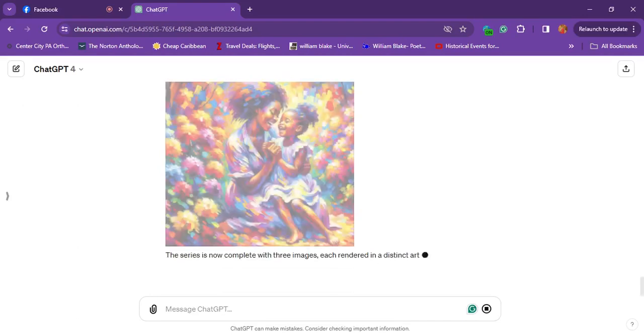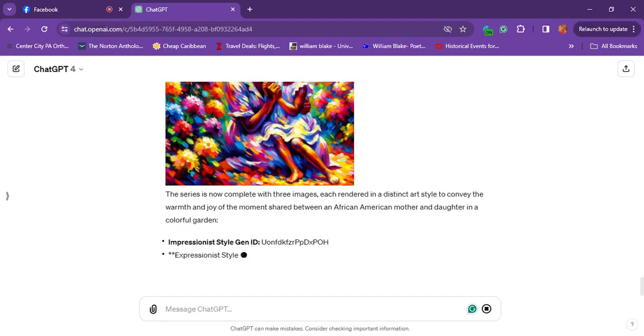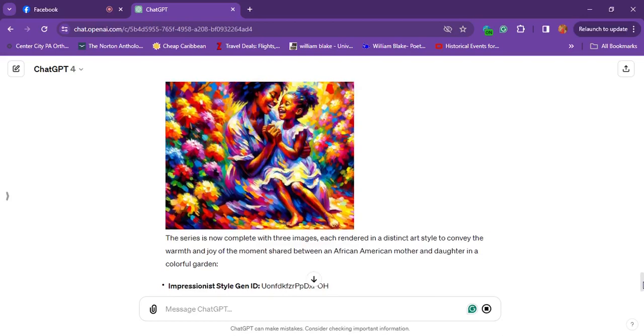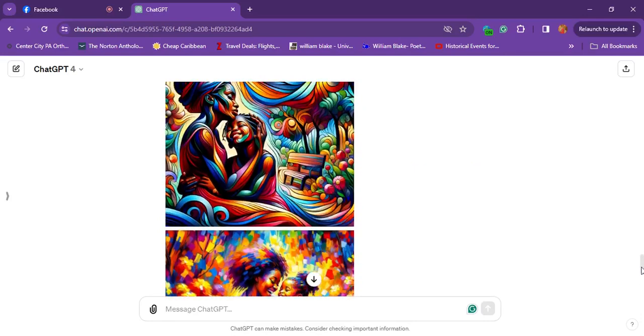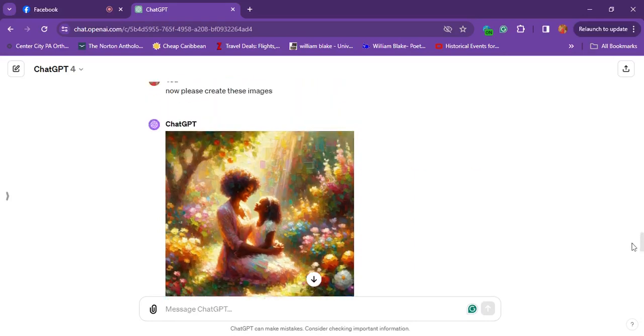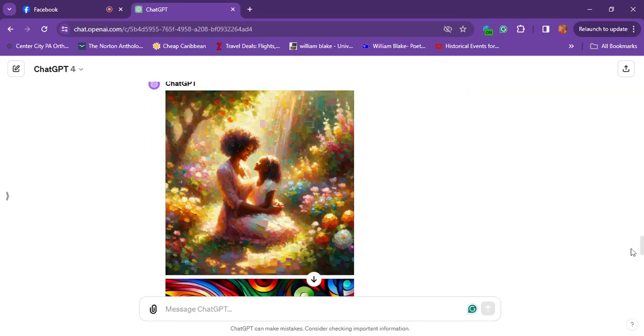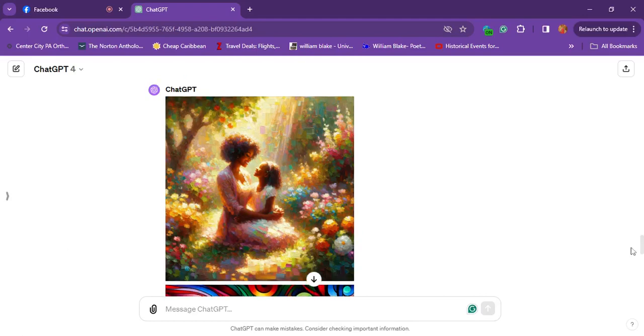And let's see what the third image is. Oh, these are all so precious. I love them. Now, the way my ChatGPT is set up, I prefer for it to give me my Gen IDs for my photos, just so I know where it is and what I'm working on. But I think this one right here